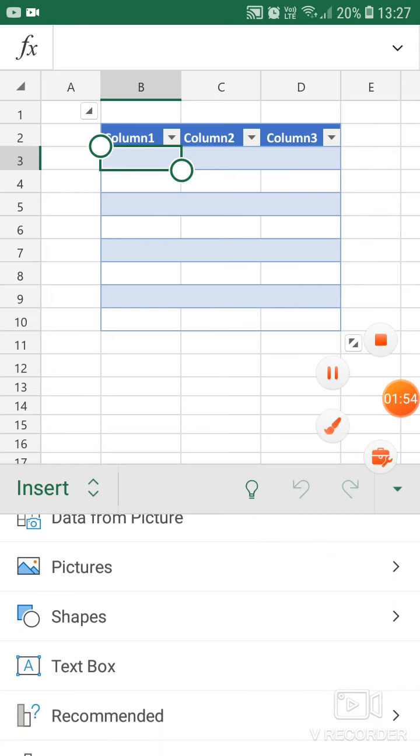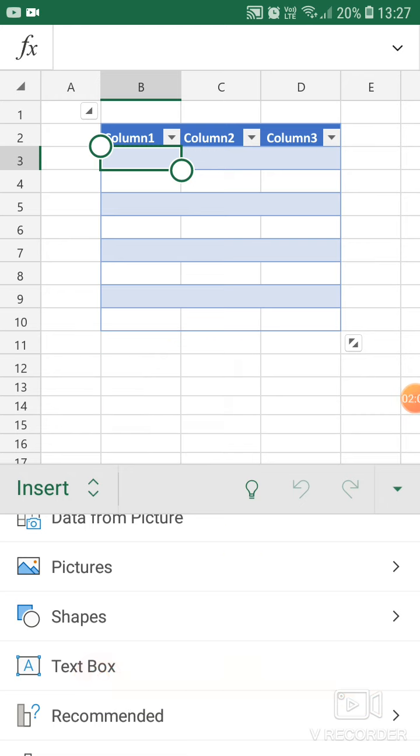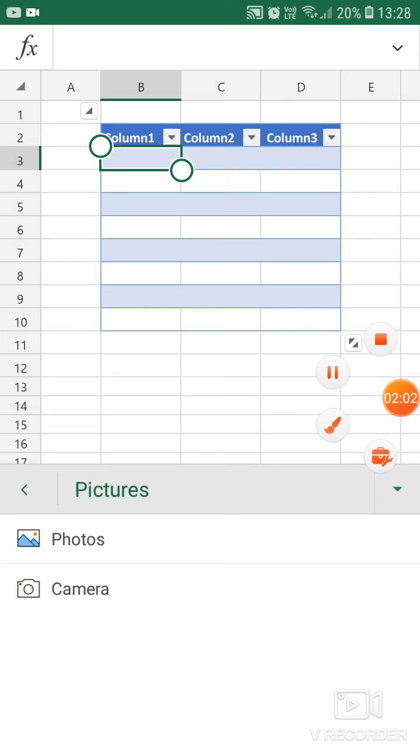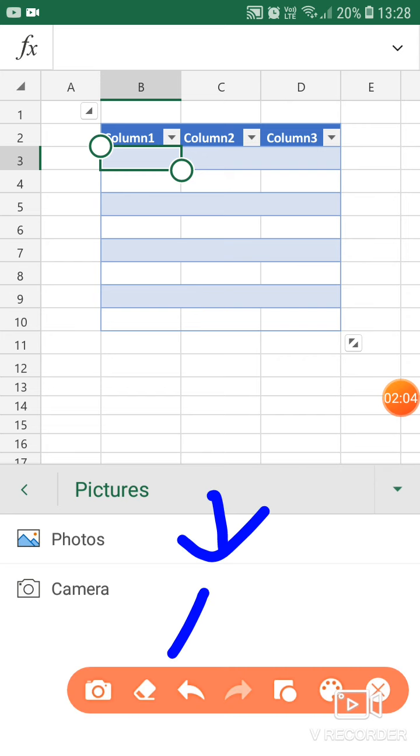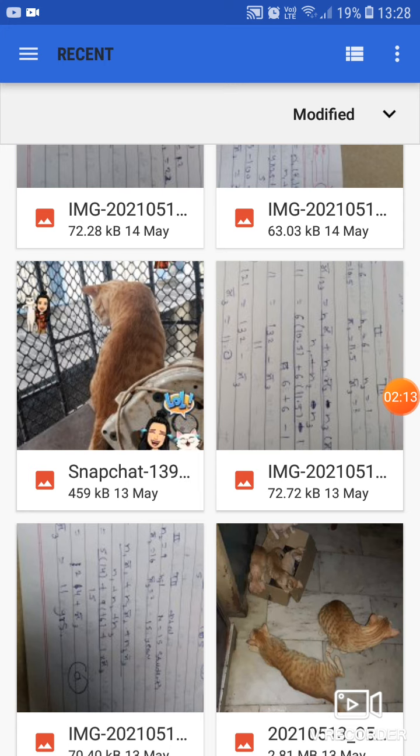Now what is Pictures? In this, if you want to stick any picture here, then you have to click Picture and stick it here. For example, I click Picture and you will see Photo and Camera. If you want, you can click Camera, take a photo and put it here. Otherwise you can click Photos directly. You will find many photos.